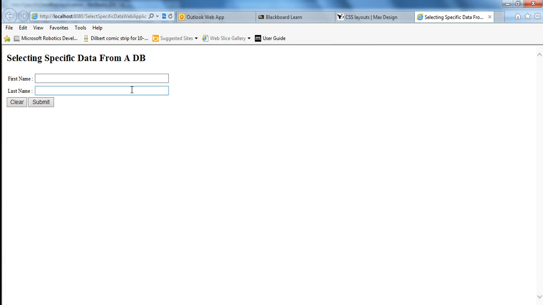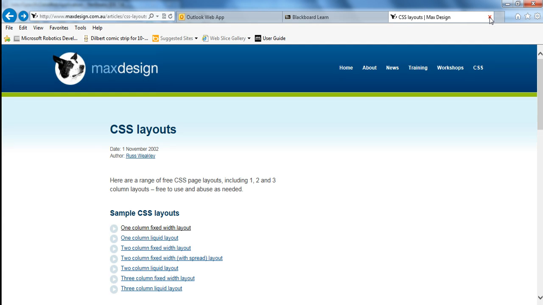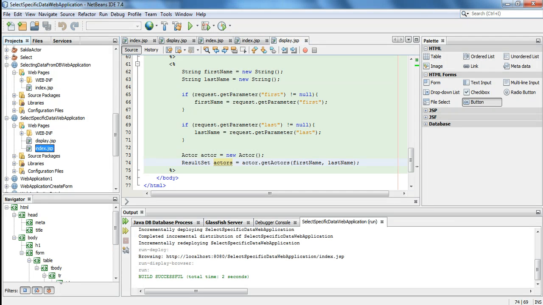Okay, hopefully we don't receive any errors, but we're not going to see anything displayed in our display.jsp. Okay? So there's our display.jsp, but nothing is displayed. We don't have any errors, so that's good. But nothing's being displayed, so we have to care for that. We'll go back into NetBeans, and in our display.jsp, down below, our Java code, we're going to display what's